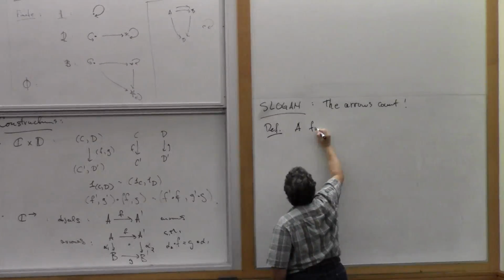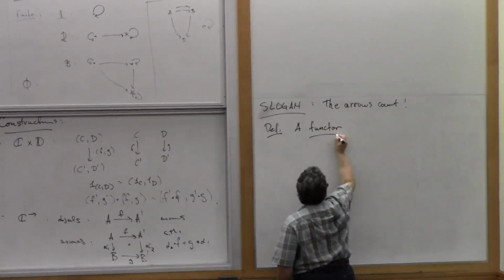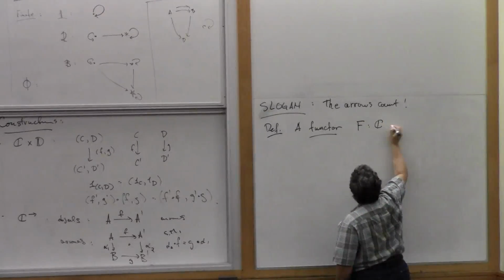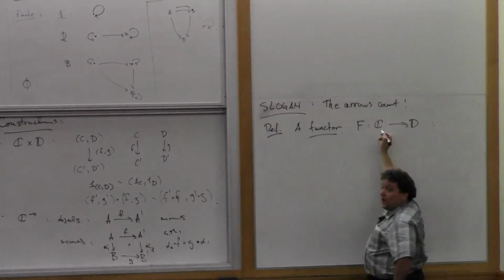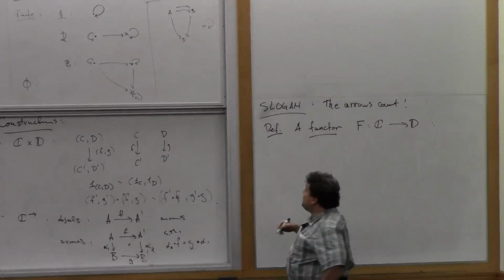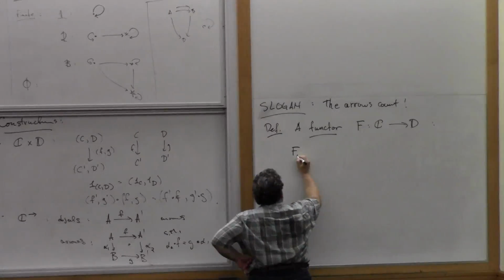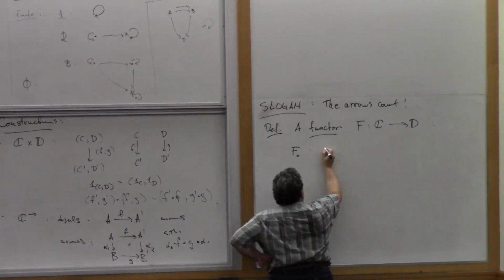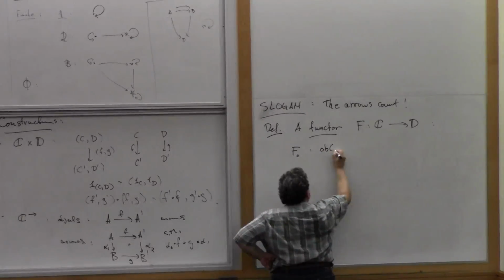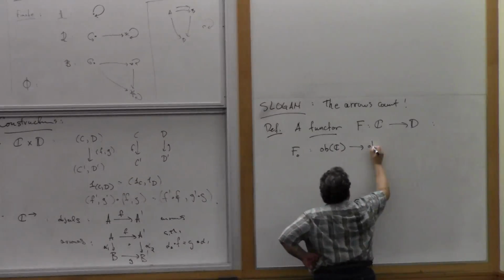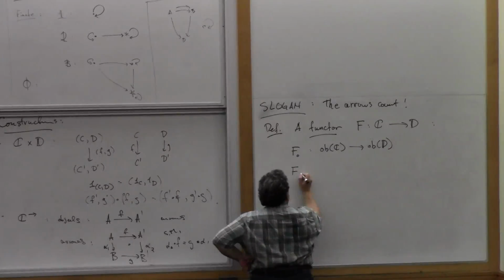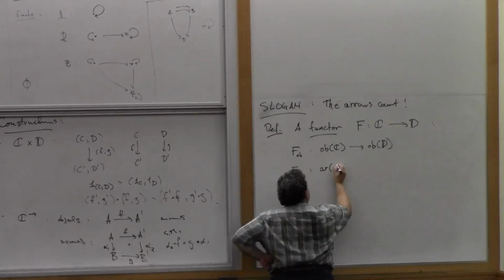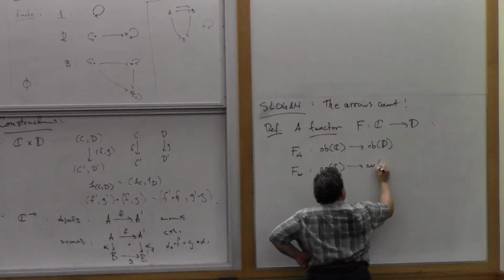So a functor, that's the idea of a map of categories. A functor F from one category C to another category D. What is that? Well, just like a category has two parts, objects and arrows, a functor also has two parts. So officially, although I'll never write this again, it has a part that takes the objects of C to the objects of D. So it's a mapping. And then there's this other part, the arrow part. Let me say, this is the object part, this is the arrow part, which takes the arrows of C to the arrows of D,